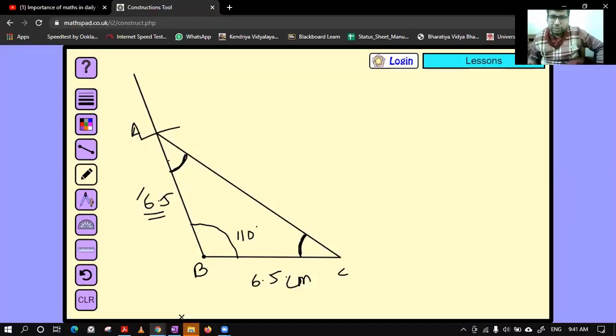Tell me one thing. What is the measurement of the angle? This one and this one. If this is an isosceles triangle, sir, it will be tilted. Class, please tell me what is the measurement of angle A and angle C, if you know angle B is 110. Sir, it can be slanting. Okay, Kushal saying 35. So others please confirm. Is Kushal right that this angle is 35 degree? Please confirm.